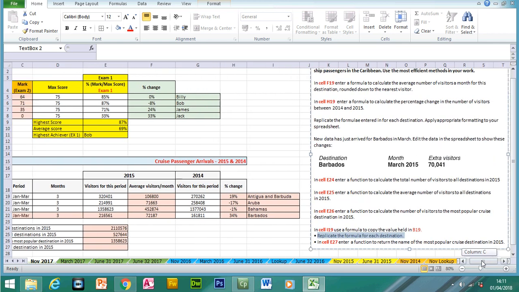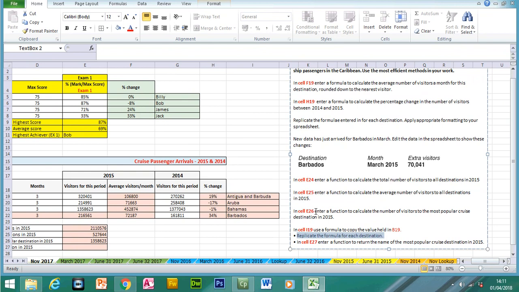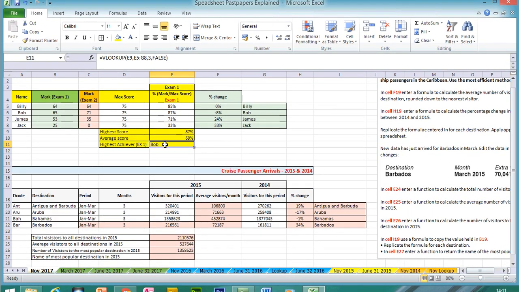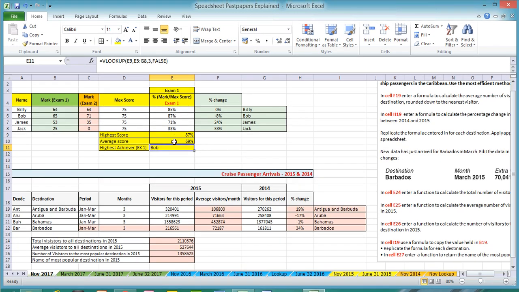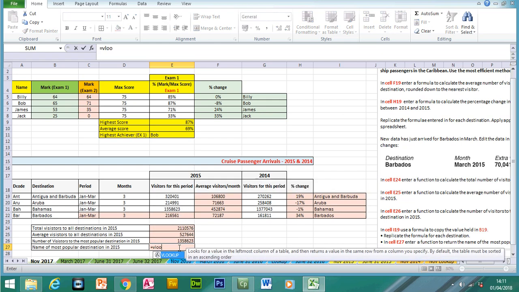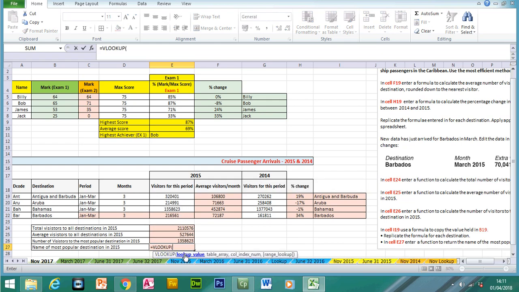Last thing we have to do for this paper, and it's the same thing which we did up here. In cell E27, which is this cell here, enter a function to return the name of the most popular cruise destination in 2015. So basically what we did up here, we had to get the name Bob. So what we wanted to find was the highest achiever from exam 1, and we used the highest score as a lookup value in this table array here, and the output was in this column here. So we're going to do the exact same thing. So equals VLOOKUP, and we want to look up the maximum value, which is this one here, the number of visitors to the most popular destination in 2015,